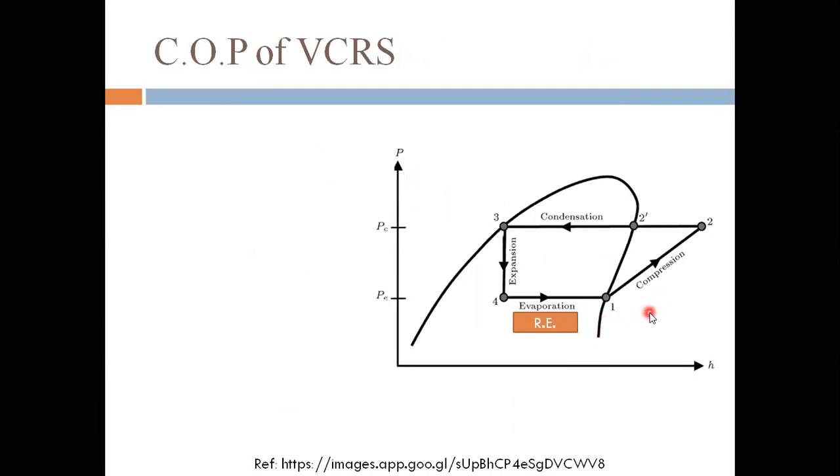In that, as we already discussed, first write the refrigerating effect and W compression. In the p-h diagram, there will be a change in the enthalpy as well as the pressure. But the more important one is the enthalpy change. 1 to 2 has changed. 2 to 3 the enthalpy changes in the condensation process. In the expansion process, the enthalpy will remain the same. 4 to 1 also there is a change in the enthalpy. So by utilizing the enthalpy, we can find the COP of the VCRS.